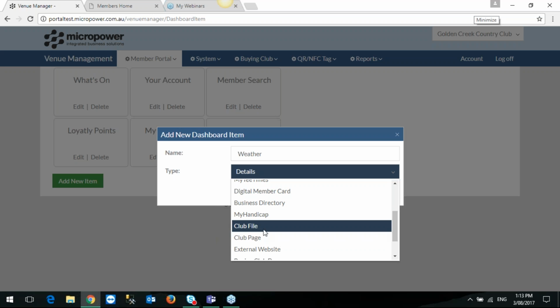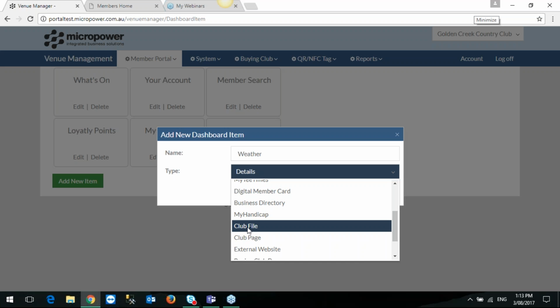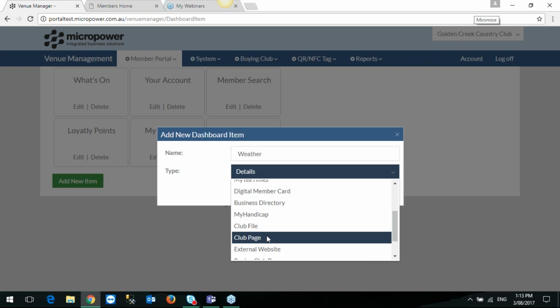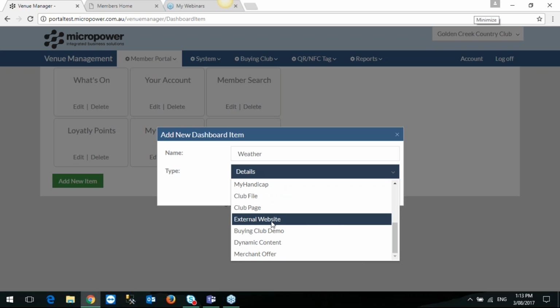Club file and club page go together, so we can add a club page, for example, newsletters or club specific documents, which might be a constitution, it could be trading hours, anything that you want to add to that. So the club page comes first, and then we add the club files to those club pages, which I'll be showing you today. External website,